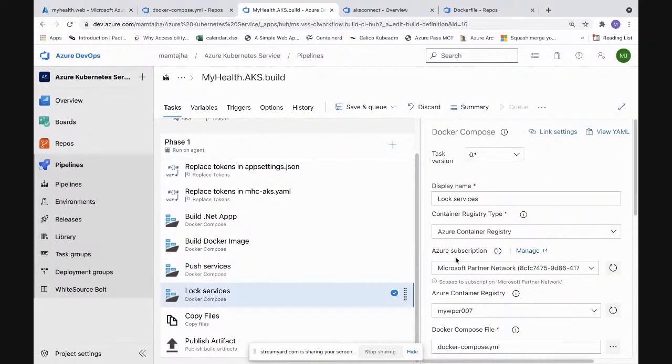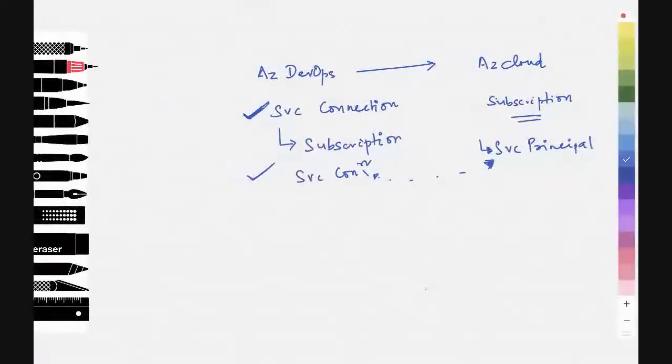Now coming to the next task, which is the lock task. Whenever you push an image, you want that image to be locked so that it is safe. No one else is able to overwrite the image. So locking can be done on two levels. If you do it on the repository level, no one would be able to push newer versions of it. Like in a repository, I have this as a server. Sorry, I'm so bad at drawing a straight line with this drawing board.